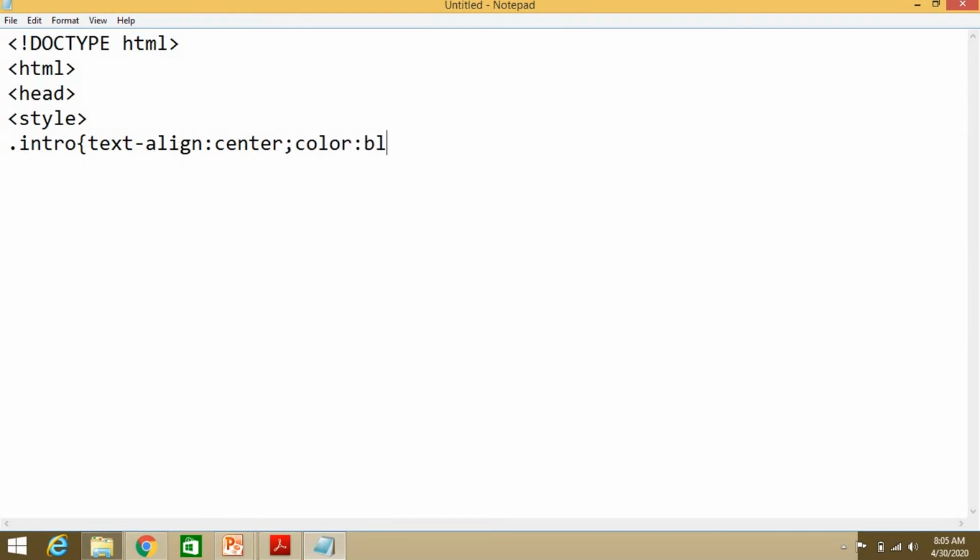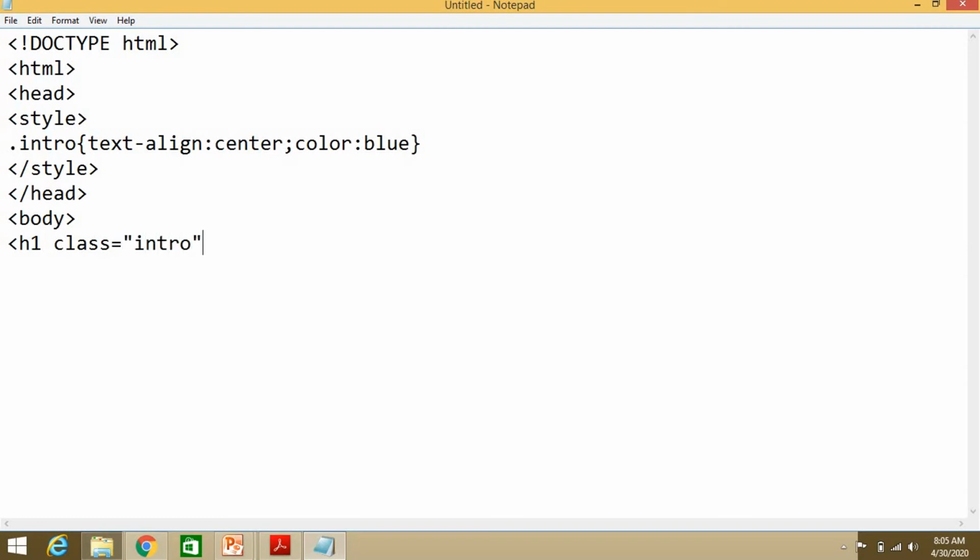Close this style part, close the head tag, and open the body tag. In the body tag write h1 class equal to intro.